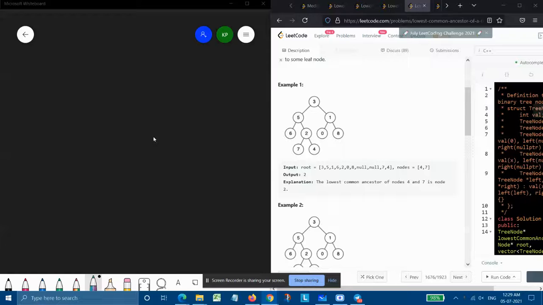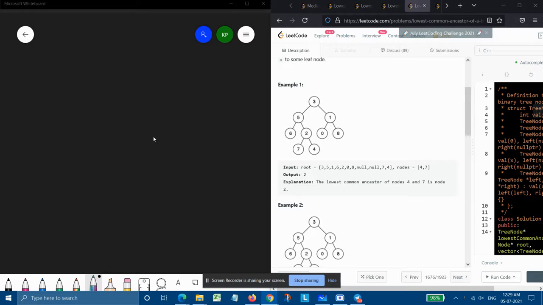Variation of this LCA, LCA in binary tree. So the fourth variation is this: this time we are given the root, but we are not given just two nodes.